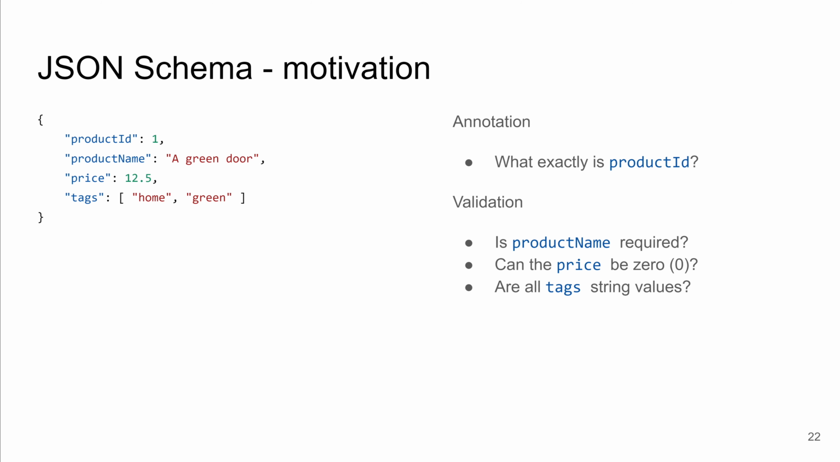So in this case, the annotation could serve the task of explaining what exactly is, for instance, a product ID. Does it correspond to something in real world, and so on? And the validation has the typical tasks like is a product name required? Do I need to fill it in? Can the price be also 0? So can the product be for free? The tags, are those all string values, or can I have a number as a tag, and so on? So these are all questions that are answered using a schema, and in case of JSON, the language for that